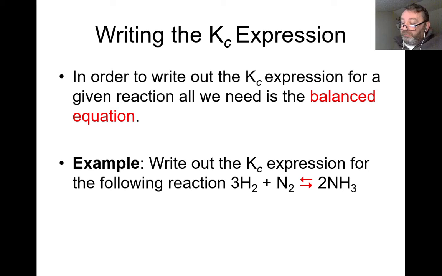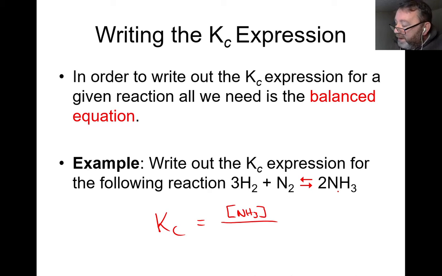So let's take an example here. Write out the Kc expression for the following reaction. Now again, when you're reading a chemical reaction, you read it chemically. So what does this mean? 3 moles of H2 plus 1 mole of N2 sets up a dynamic equilibrium with 2 moles of ammonia. Now, what's Kc? Kc for this reaction is a fraction. The top of the fraction always takes the product. So it's the concentration of NH3 raised to the power of 2 over the concentration of H2 raised to the power of 3